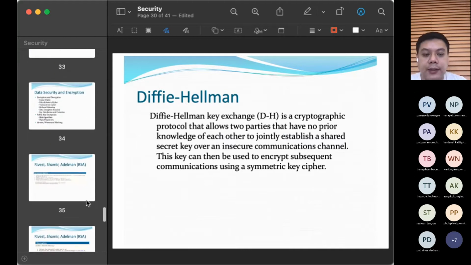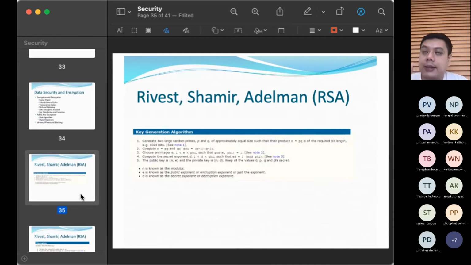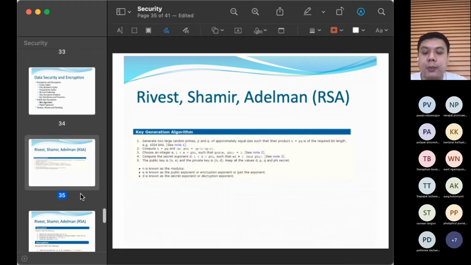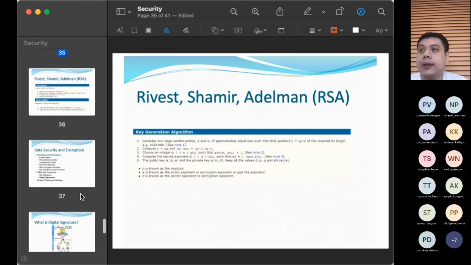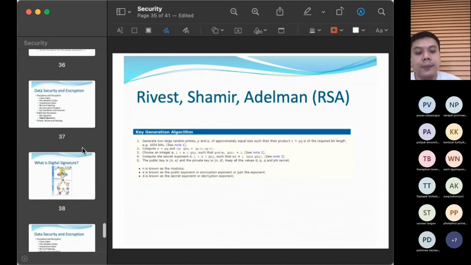We can look in more detail at RSA. This is the main thing. You can look down here at how they are actually working. It's nice for you to know, because one day this is going to be improved more and more in the future, and you know what they are doing right now and what risk could probably happen on your shopping right now. This is the key of everything.